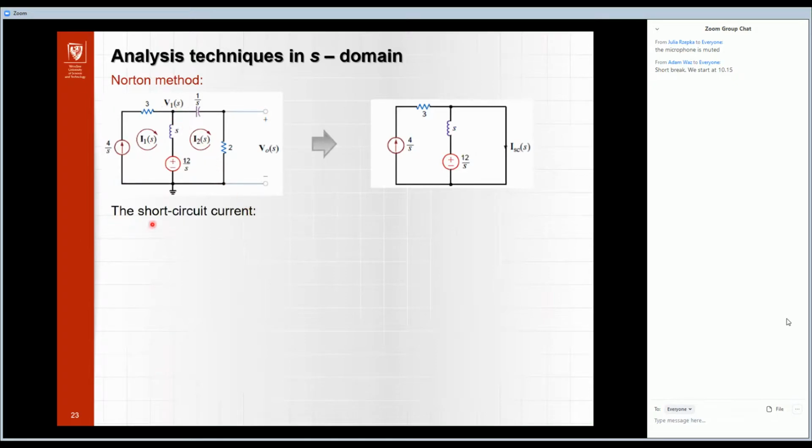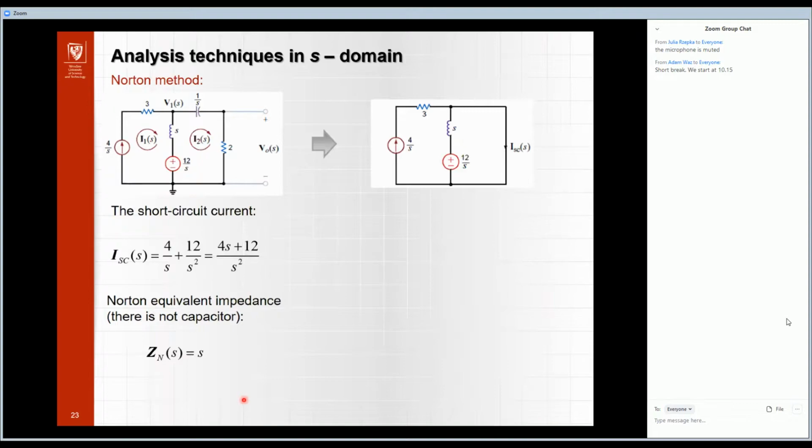The short circuit current in this one is equal to this current plus the currents connected with this source. For example, here it is a good idea to change this into a current source. Okay, so we have the current here, and